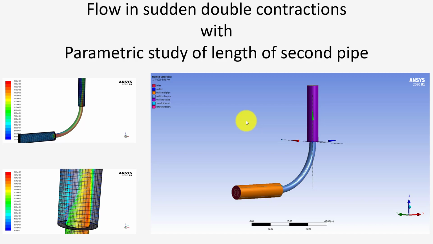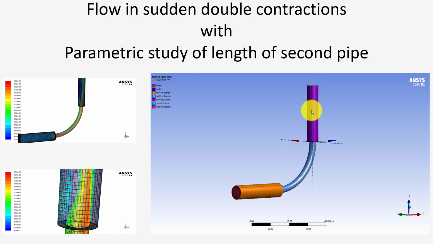Hello everyone and welcome to this tutorial: flow in sudden double contraction with parametric study of length of second pipe. As you can see from this figure, we have these two pipes and they are connected by the 90 degrees bend with a smaller diameter. So first of all, we study the flow in this arrangement, and after that we will change the geometry